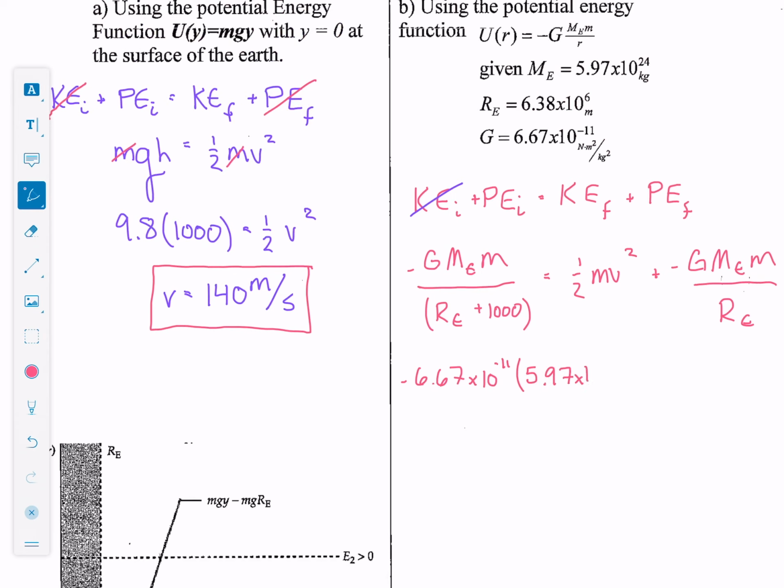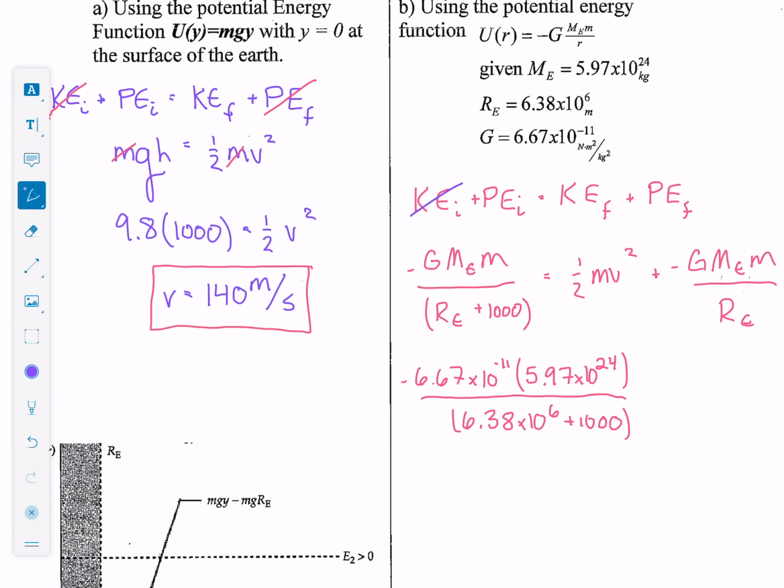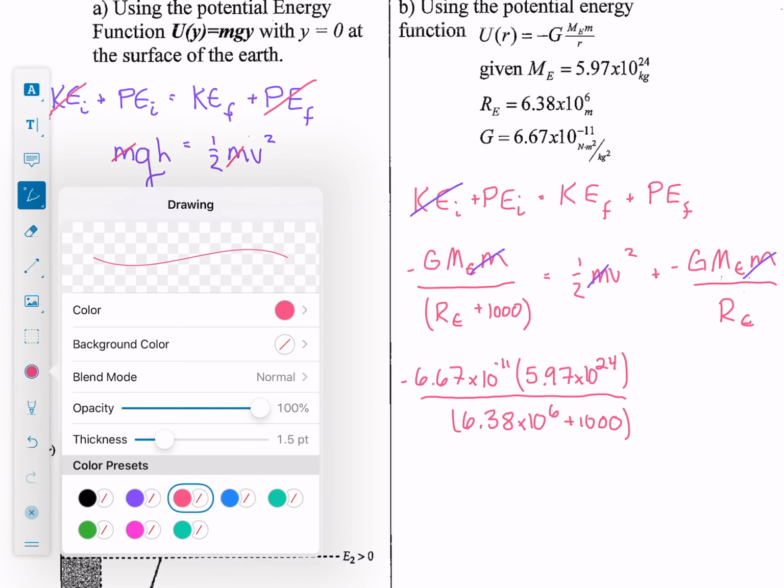5.97 times 10 to the 24th over the radius of the Earth, 6.38 times 10 to the 6th, plus 1,000. You'll notice I left out the little mass because technically that's in every term, so I can cancel that. I'll do that right there for you guys. So that's going to equal